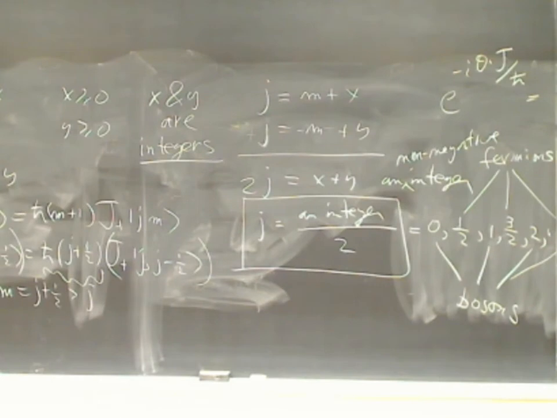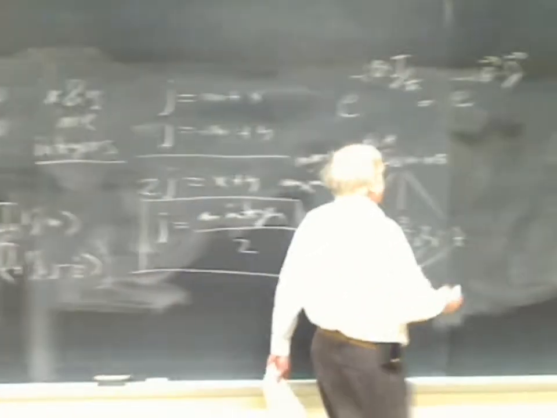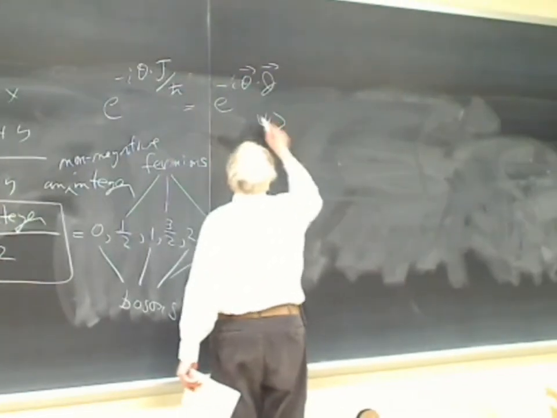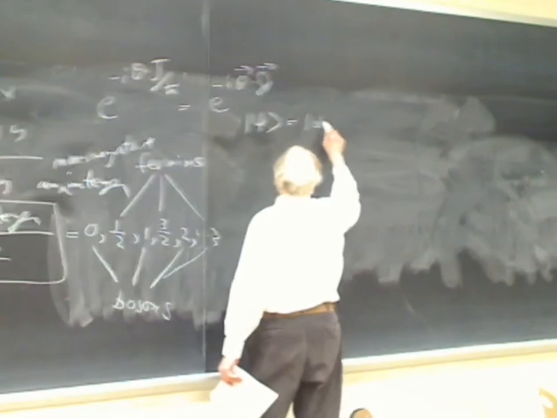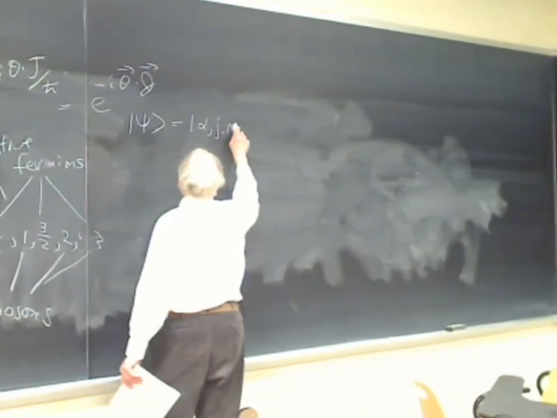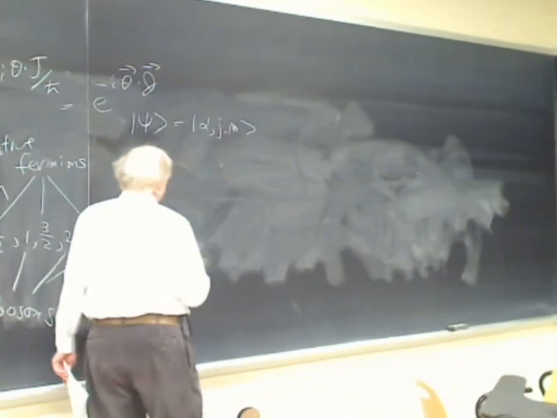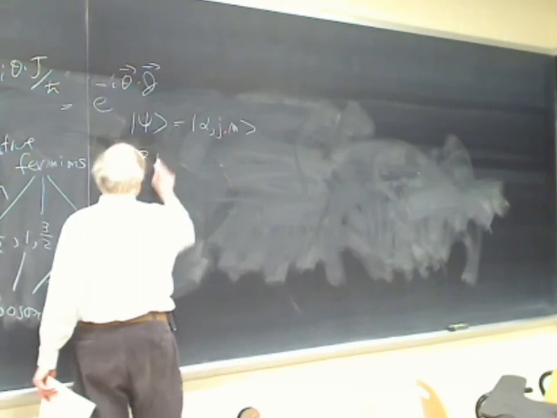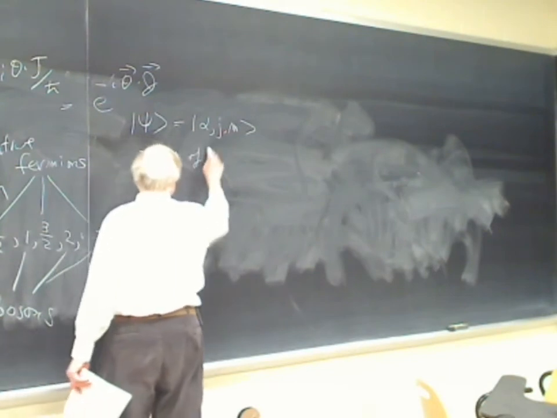If you count up the number of possibilities, then if you have a quantum mechanical state that has some other quantum numbers, and then j, and then m, there will be 2j plus 1 of these states,